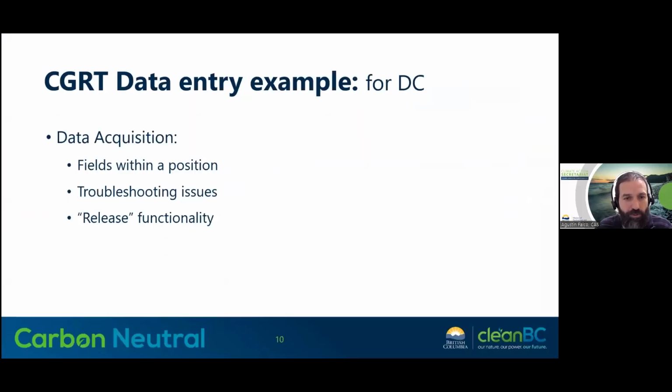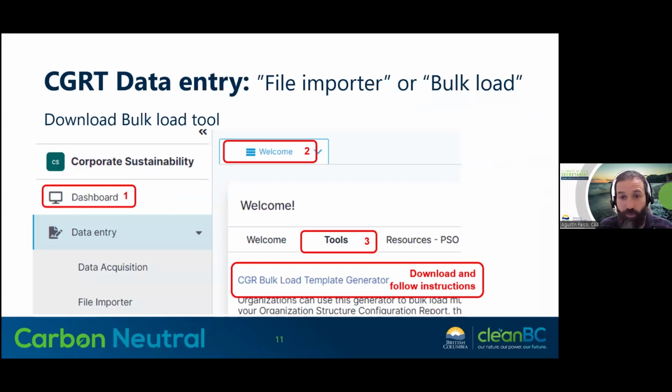If there are no more questions, there will be a space for questions at the end. We are not really bad on time, so I can run. The bulk load will take a little bit more time, so if there are no more questions, I will move into this. For bulk load,